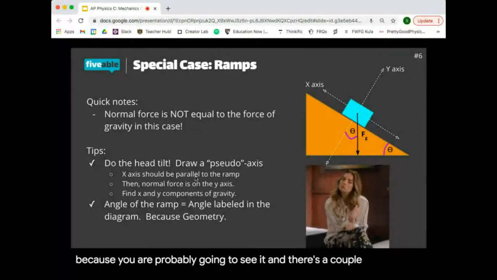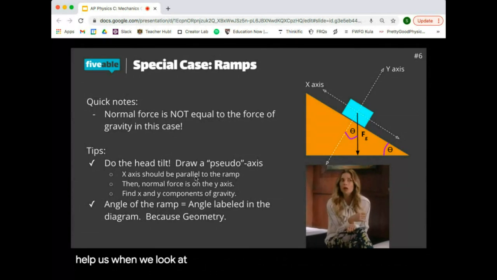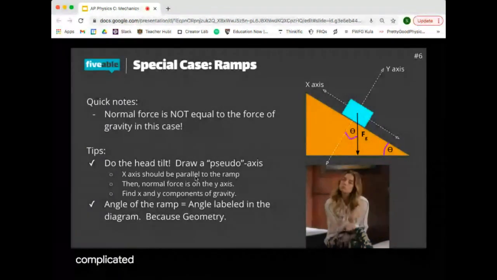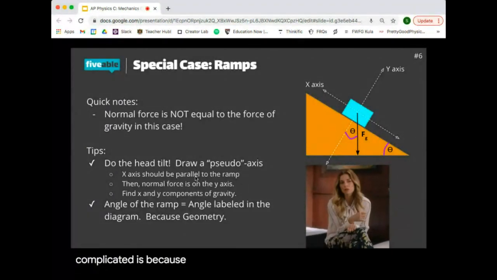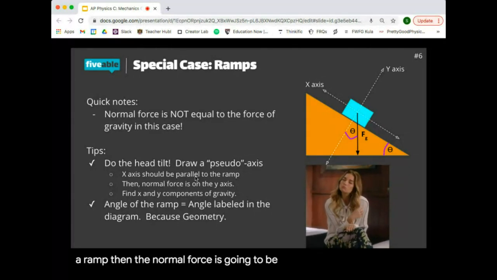There's a couple tricks to help us when we look at ramps. If an object is on a ramp, the reason that this is a little bit more complicated is because in regular situations, when the object is not on a ramp, the normal force is going to be equal and opposite to gravity. In this case, that's not true